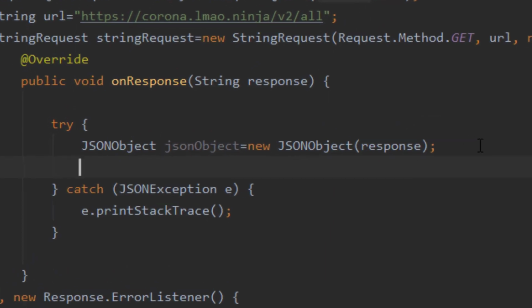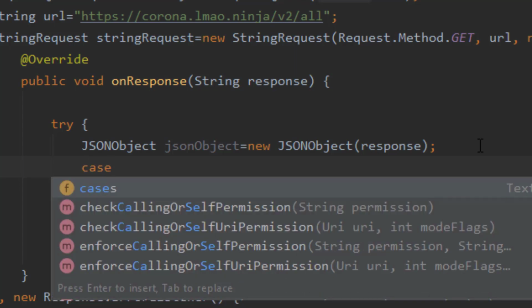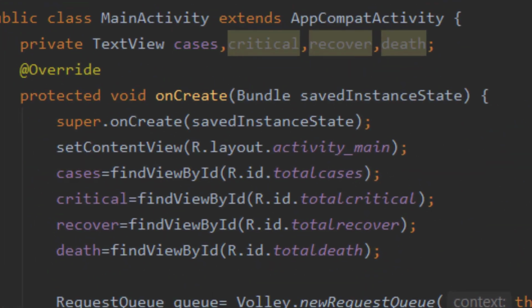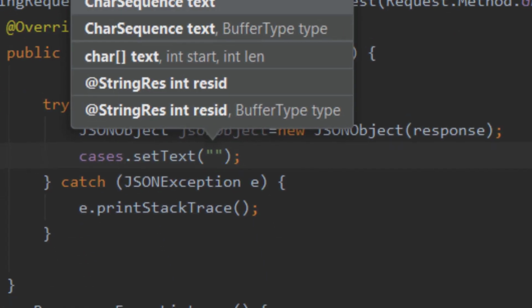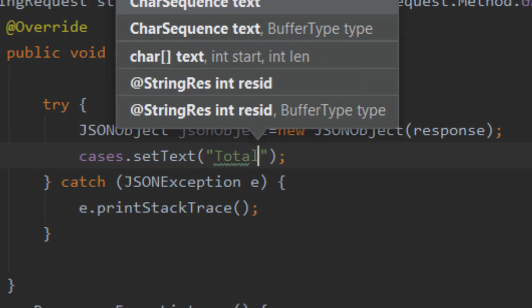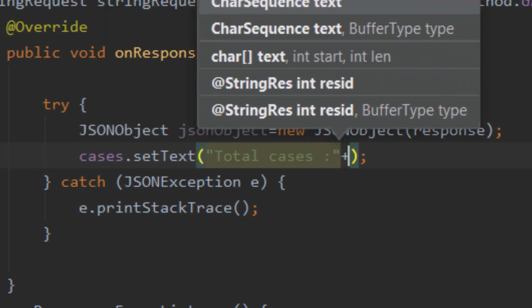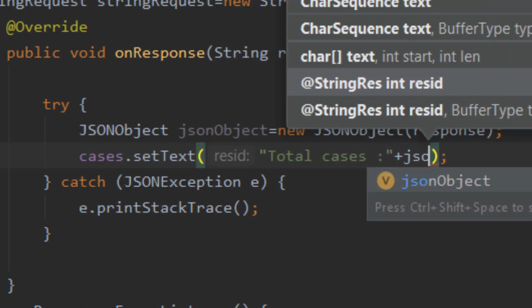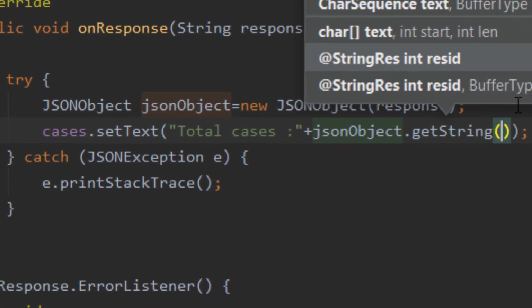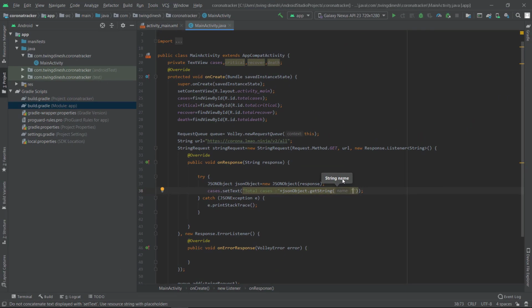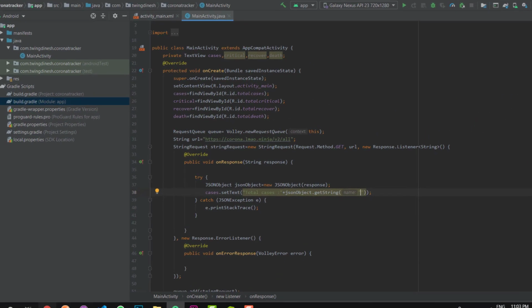Then that's all, it is very simple. Just call our text view object's cases.setText. Inside this, make it total cases. We should pass jsonObject.getString, and inside this we have to pass the key value we have seen in that JSON format.